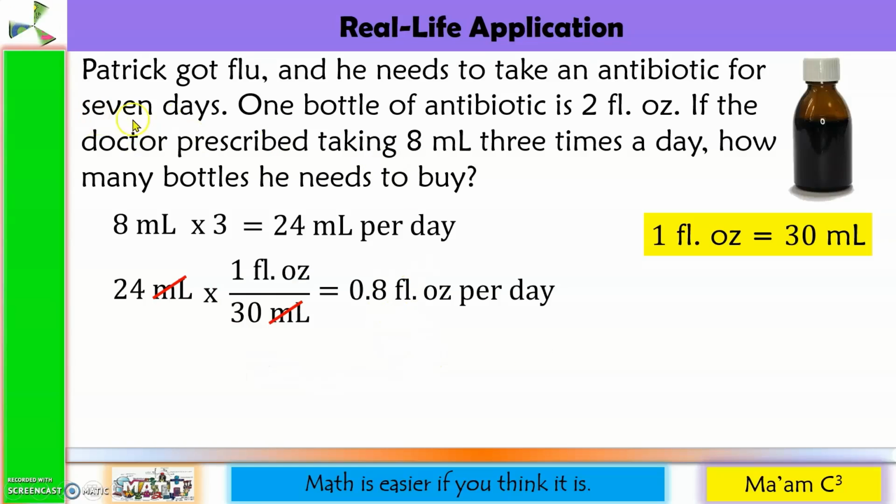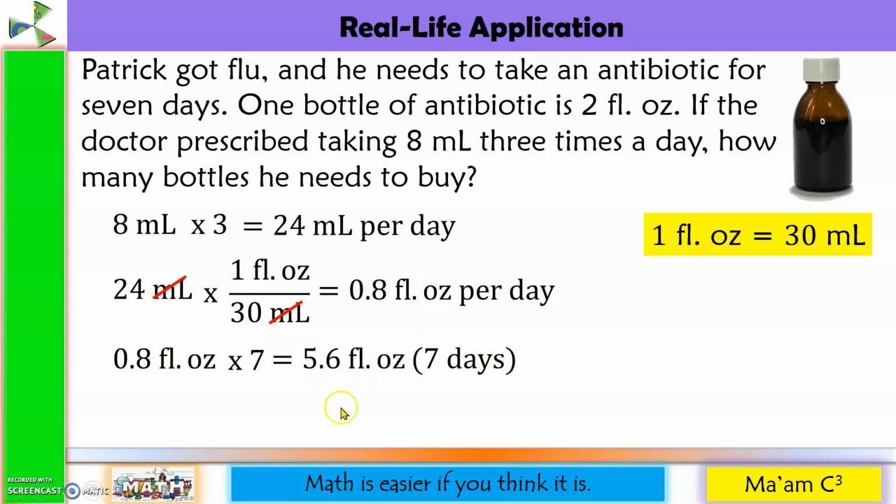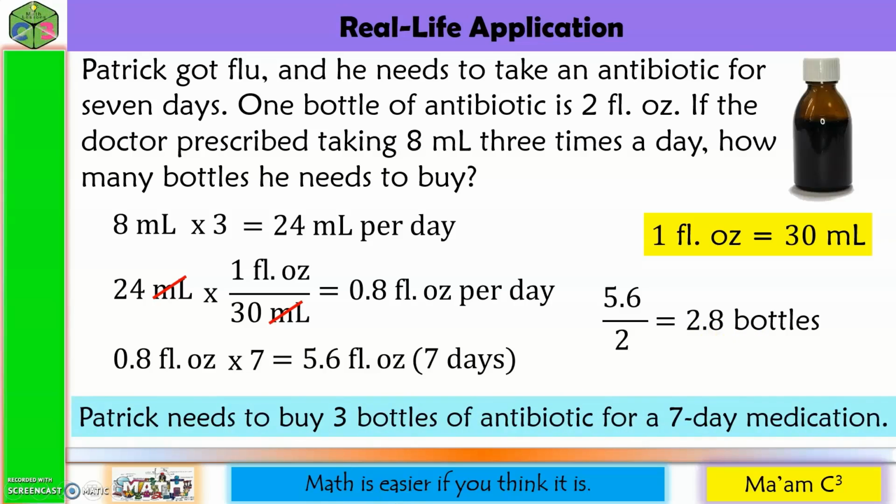Since he needs to take this for 7 days, we are going to multiply 0.8 fluid ounce by 7. And this is equal to 5.6 fluid ounces, good for 7 days. Now, to determine the number of bottles, we are going to divide 5.6 fluid ounces by the capacity of 1 bottle, which is 2 fluid ounces. So we have 5.6 divided by 2, and that would be 2.8 bottles. We cannot buy 0.8 bottle in a drugstore, so Patrick needs to buy 3 bottles of antibiotic for a 7-day